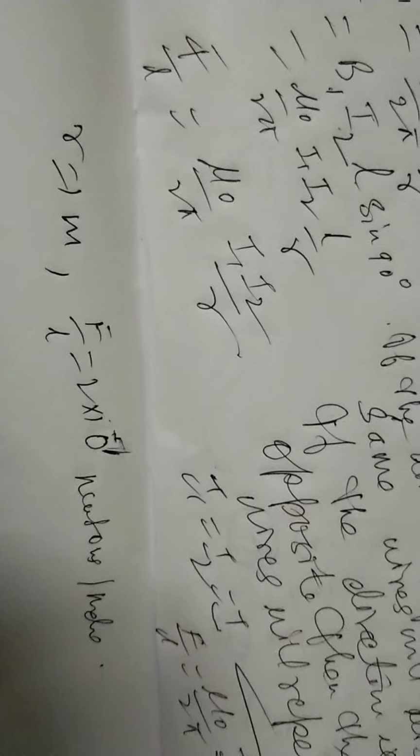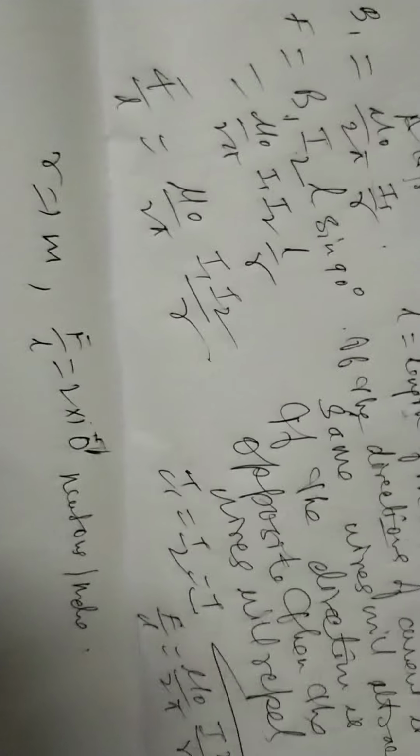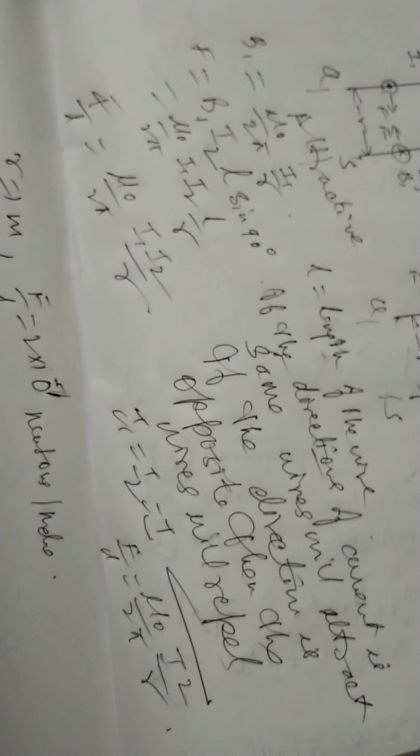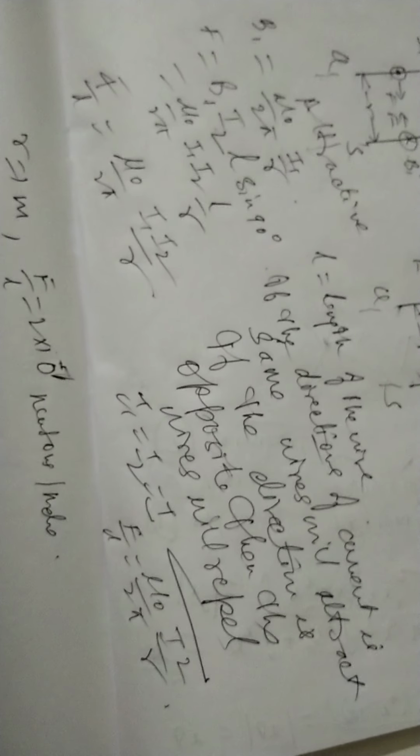So here we have got 1 ampere is the current which, when flowing in each of the two infinitely long parallel conductors 1 meter apart in vacuum, produces between them a force of exactly 2 into 10 to the power minus 7 Newton per meter of the length of the wire. I just repeat that if there is a 1 ampere current flowing in each of the two infinitely long parallel conductors 1 meter apart in vacuum, then it will produce a force of exactly 2 into 10 to the power minus 7 Newton per meter of the length. So this is what we have got.